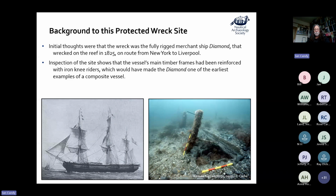So at the beginning of the 19th century, vessels were predominantly wood, and at the end of the 19th century, they were predominantly iron. So in between there, we have this hybrid period where wooden vessels were having more and more iron attached to them to make them longer and stronger and so on. Now, because the Diamond wrecked in 1825, that's quite early on for this conversion to having a lot of iron fitted. And if this is the Diamond on the site, then certainly it will be a very early example of